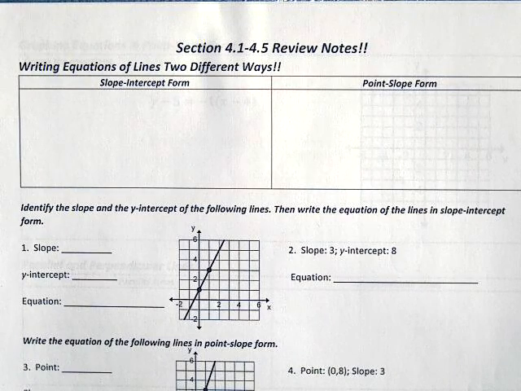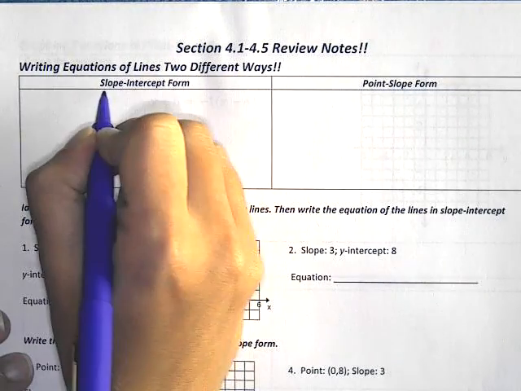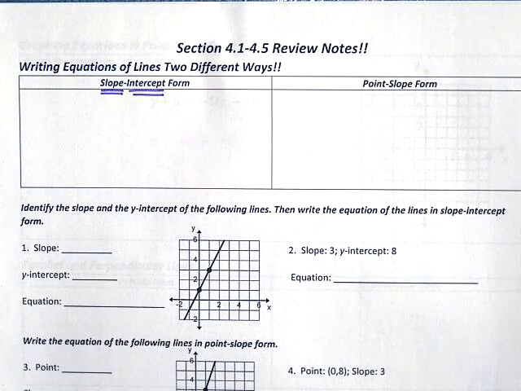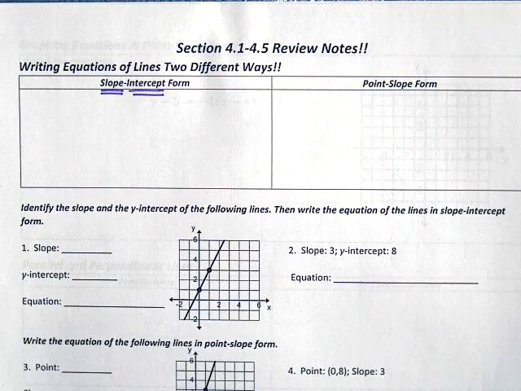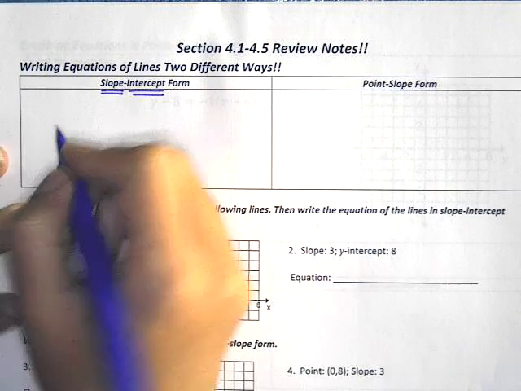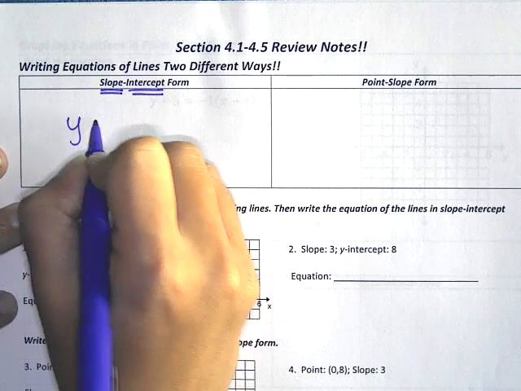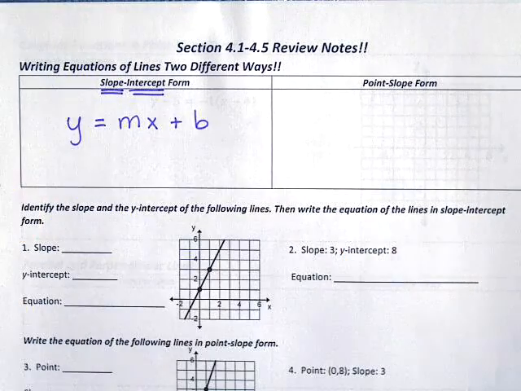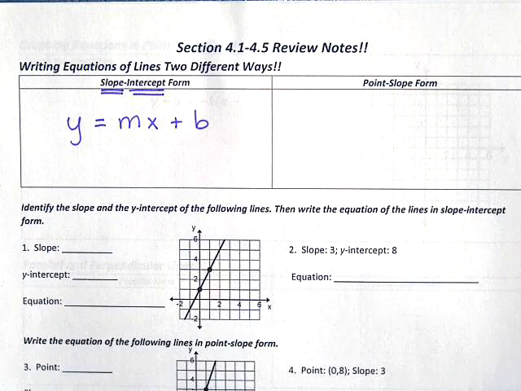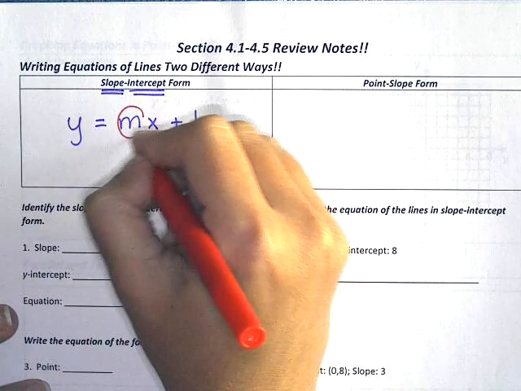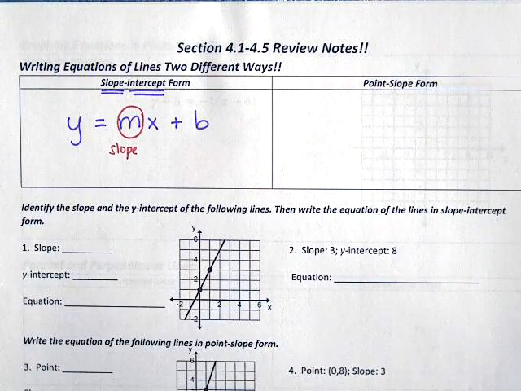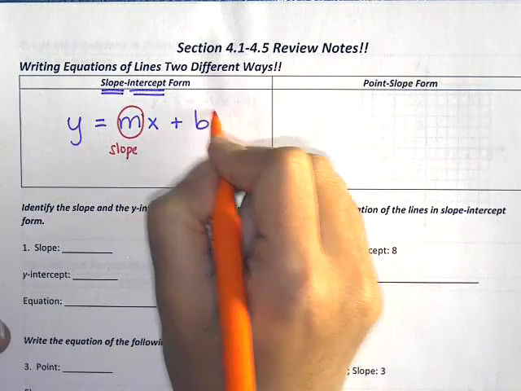The first way was called slope-intercept form. Now for slope-intercept form, we said it's called that because in the equation you can see the slope and the y-intercept. So the equation looks like this: y equals mx plus b. In this equation, the m is the slope and the b is the y-intercept, hence the name,